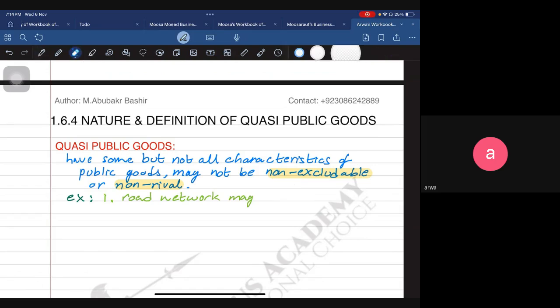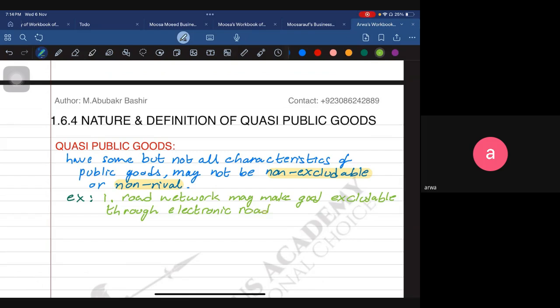Okay, I'll just write it here. Good, excludable through, they are like a toll, right? A toll,